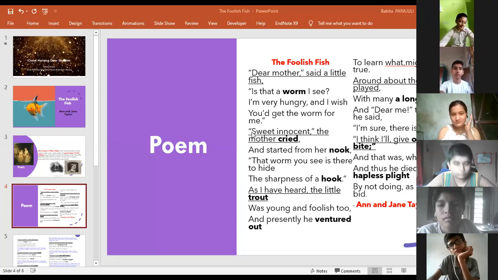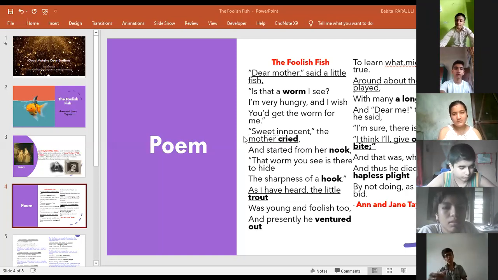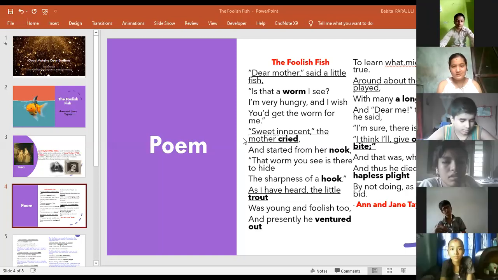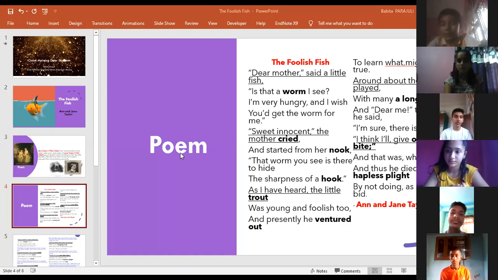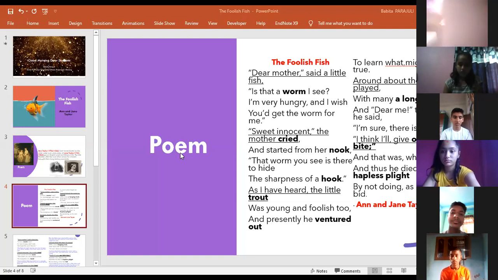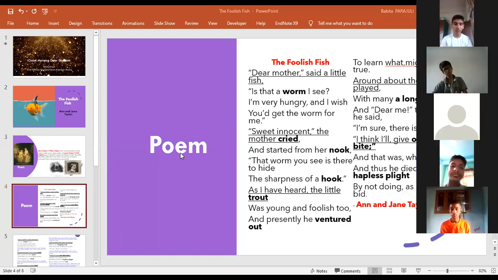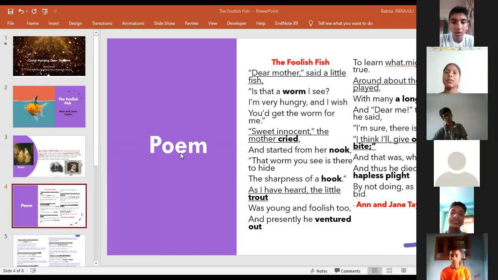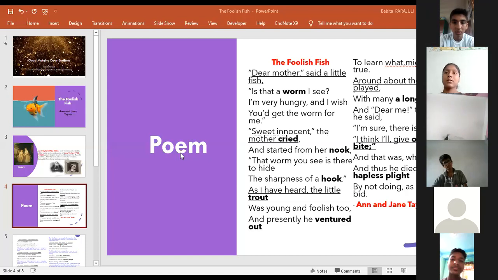Again I'll repeat. Sweet innocent, the mother cried. And started from her nook, that worm you see is there to hide the sharpness of a hook. As I hovered, the little trout